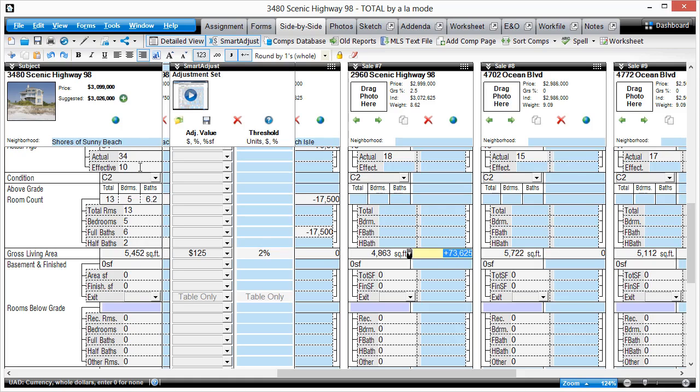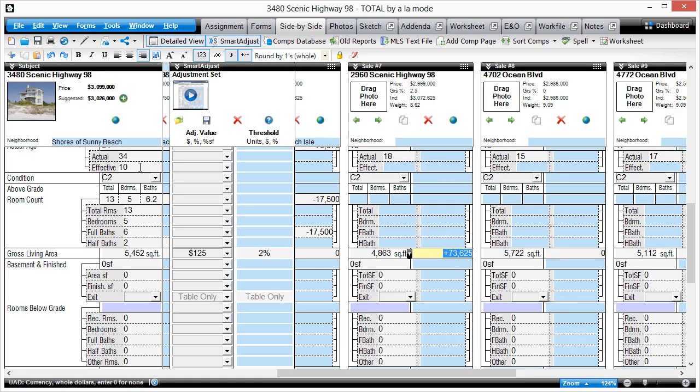Also, you will like, I think, the way that our comps database saves the data that you've used previously. We actually base it off of what we call hits. And so if you have used a property multiple times in multiple reports, then you will be able to see what it was you used in each of those instances. So maybe it was a listing and then it was a sale. Well, you'll be able to see both of those instances on whatever form type it was that you used that